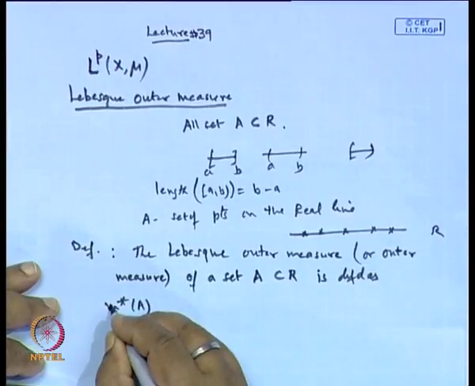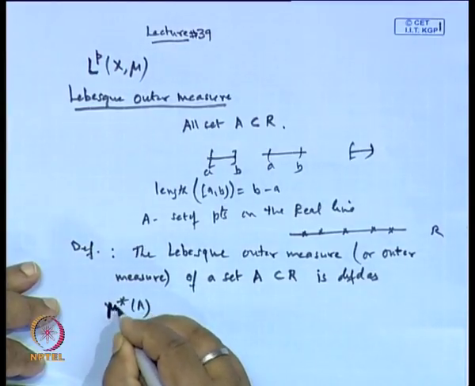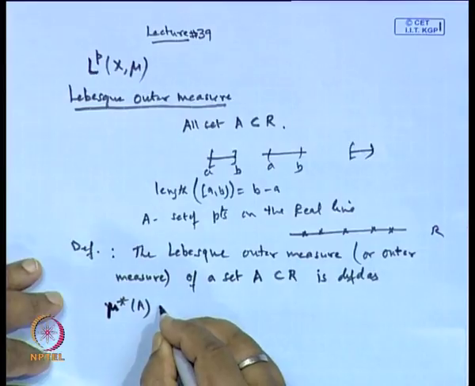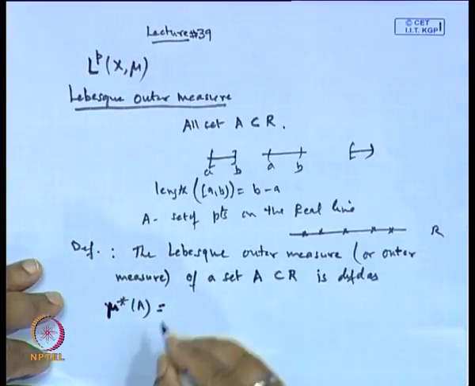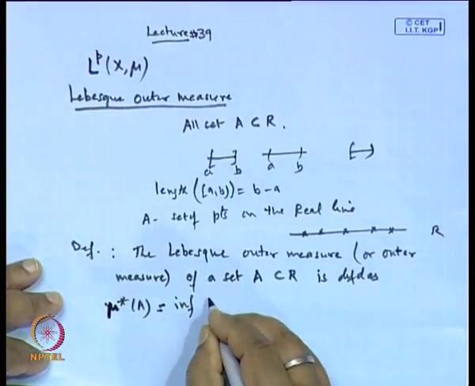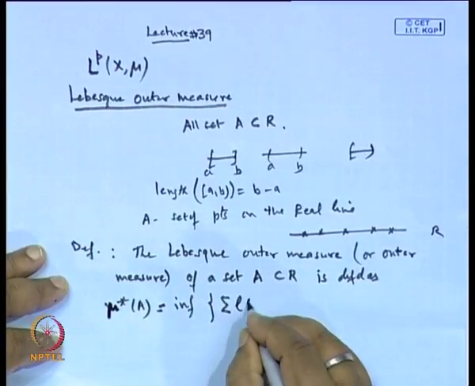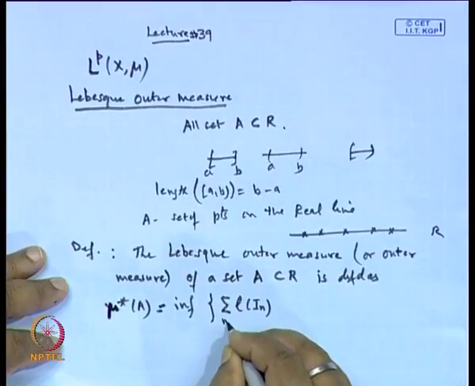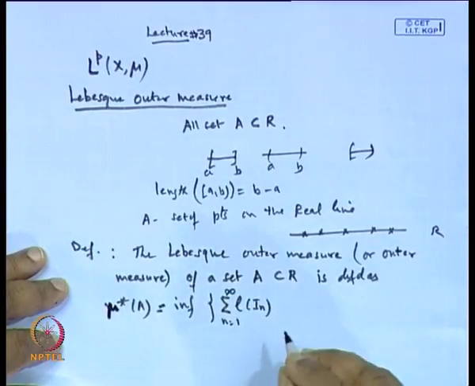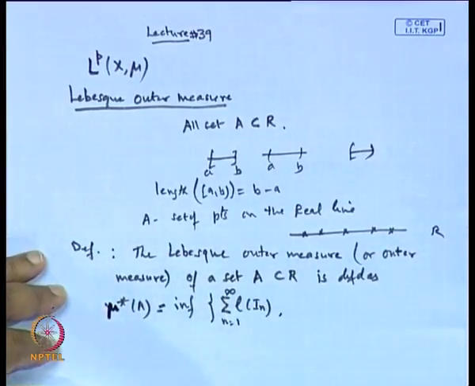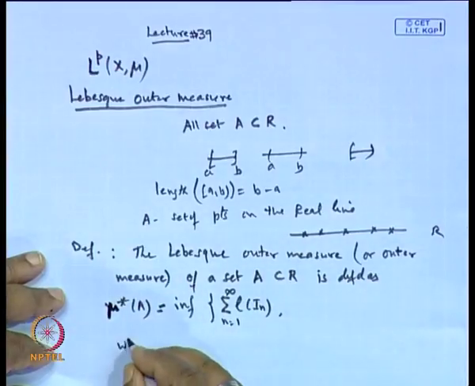Let it be μ*(A), which is the infimum of the sum of lengths of I_n, n = 1 to infinity, where the infimum is taken